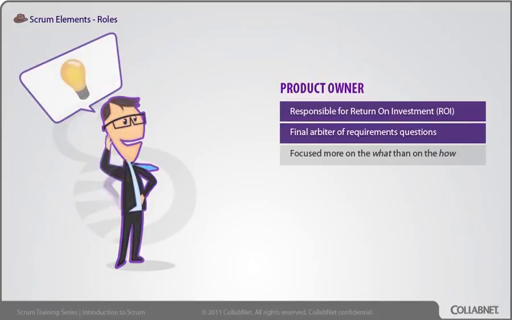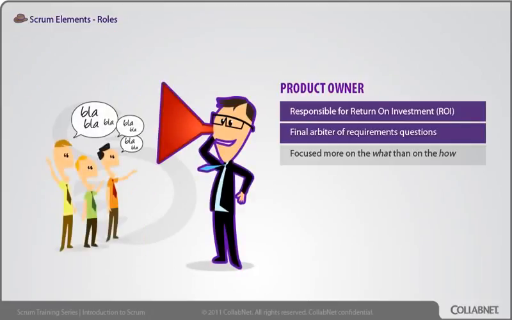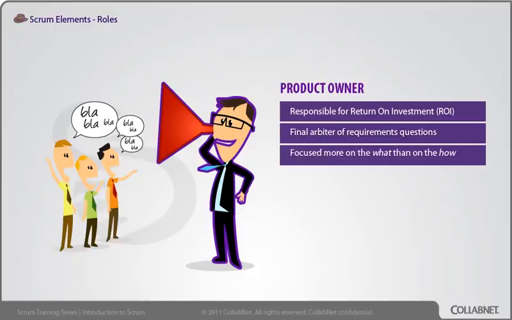The Product Owner must have the vision behind the product development. It often doesn't make sense to make a detailed roadmap when there is high uncertainty in the future, but a vision is important. If anyone else wants anything from the team, they need to work through the Product Owner to get what they want. Sometimes we call the Product Owner the single ringable neck. He's the one person making the prioritization decisions for that team. He makes the business decisions for that team, focused more on the what than on the how.